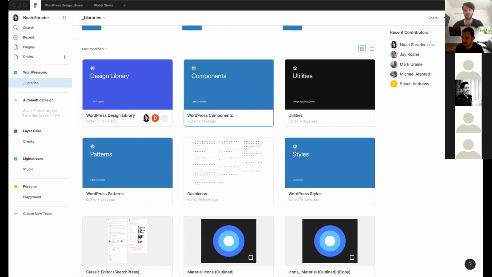These are the ones that we're taking these pieces from and bringing into the new co-located design library, which is just going to be one file. So yeah, we had those three. There were pain points with these, largely around the lack of rigor of keeping it updated, especially with the speed at which the block editor has been evolving. So you go in there, you'll see things that were outdated like a couple of weeks ago that weren't getting updated. And it's sometimes difficult if you're trying to work on something, you're not really sure which patterns are current